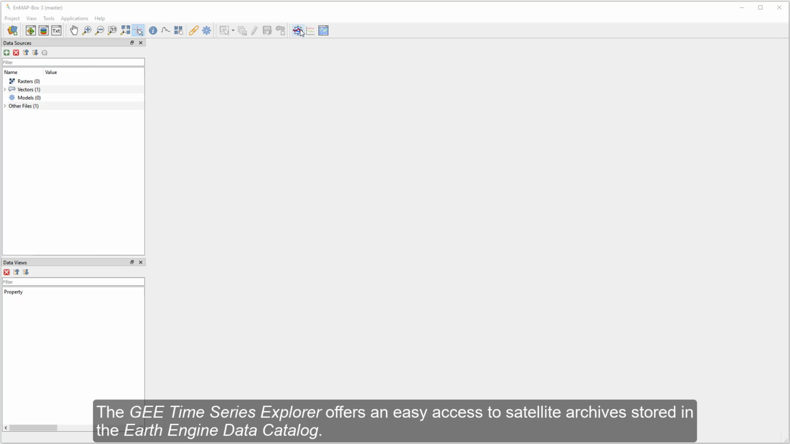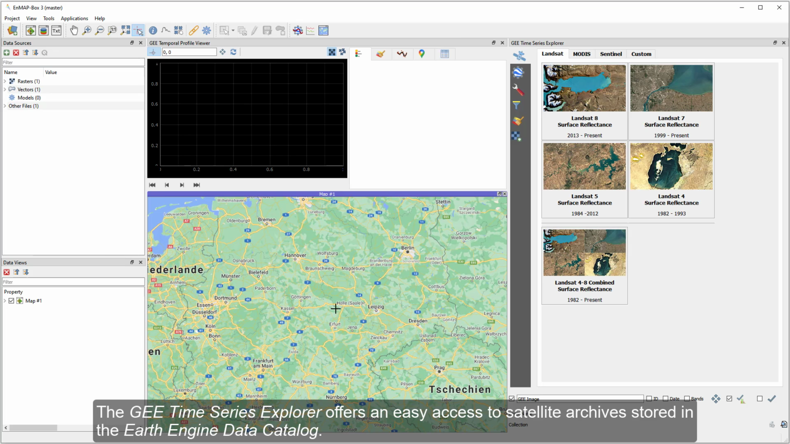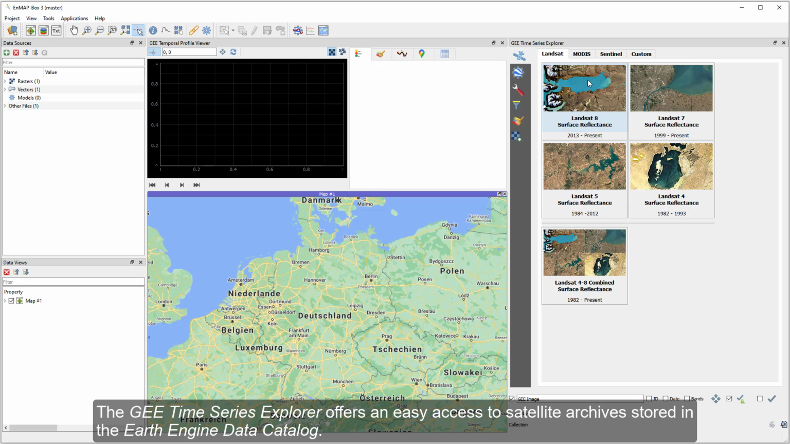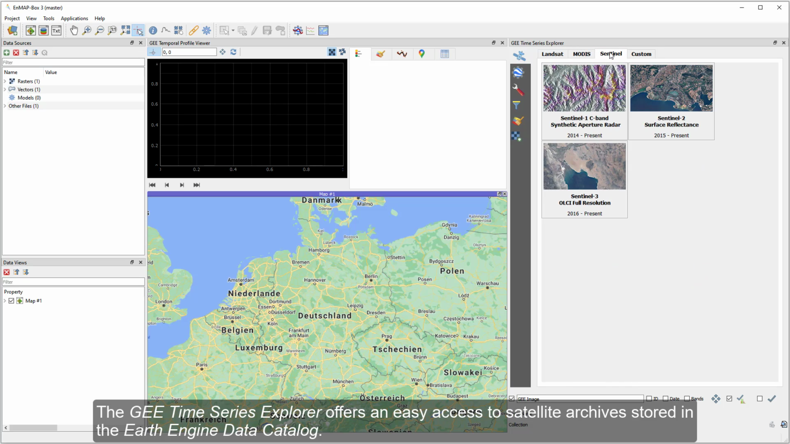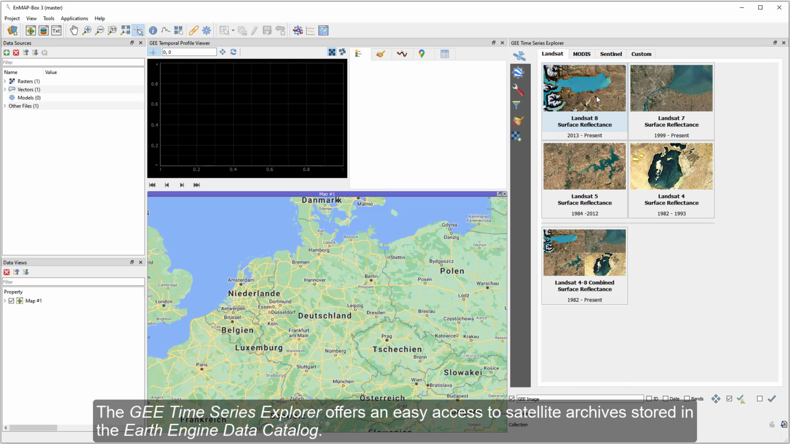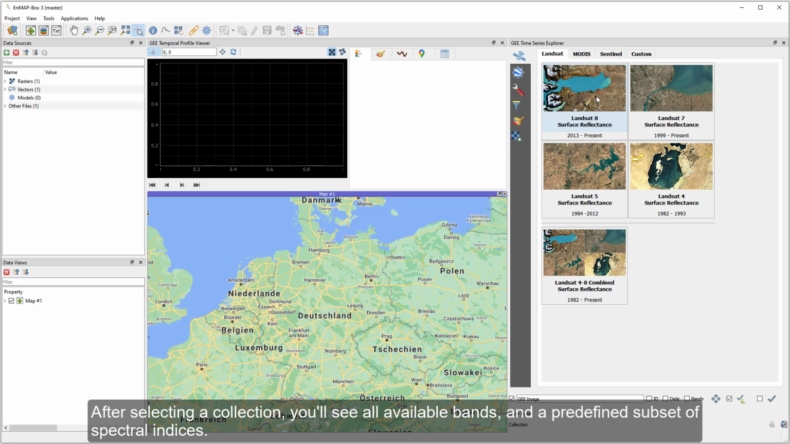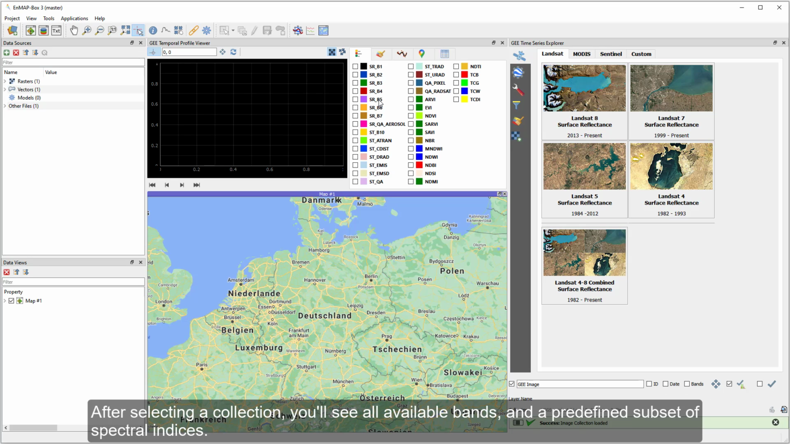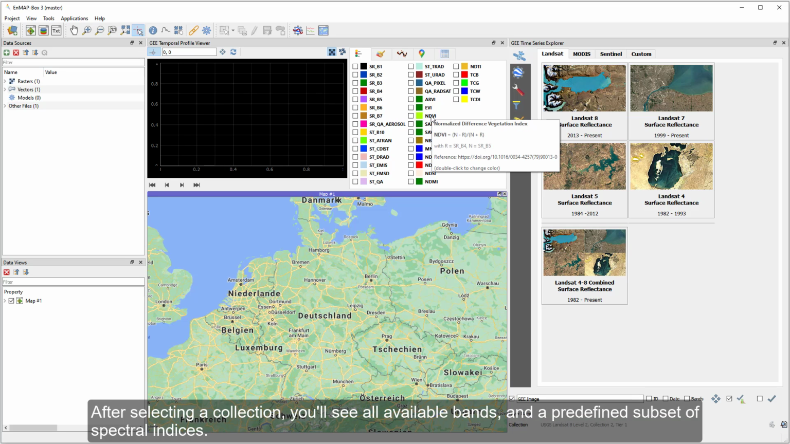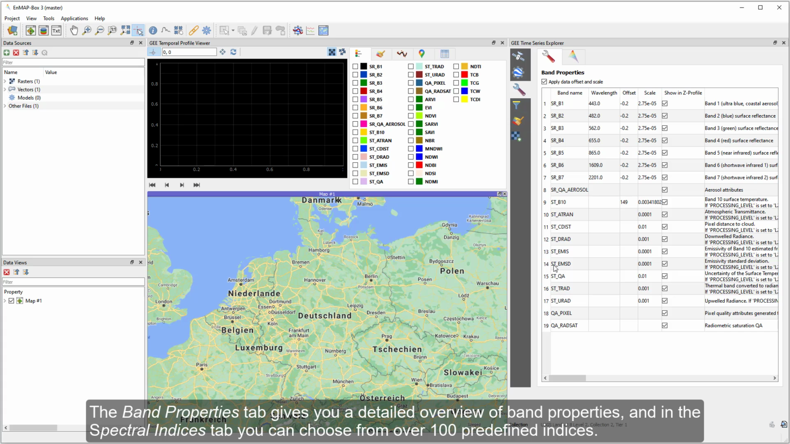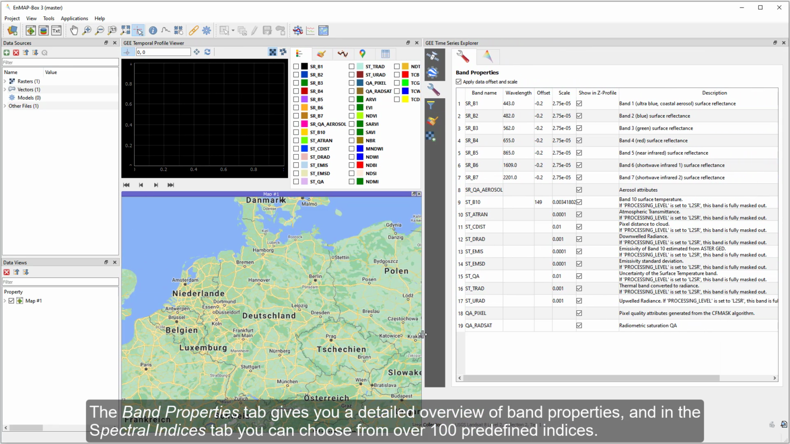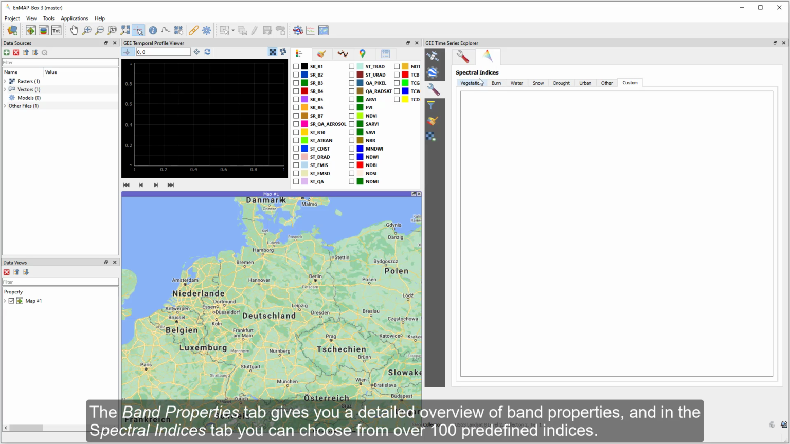The GEE Time Series Explorer offers an easy access to satellite archives stored in the Earth Engine data catalog. After selecting a collection, you'll see all available bands and a predefined subset of spectral indices. The Band Properties tab gives you a detailed overview of band properties, and in the Spectral Indices tab, you can